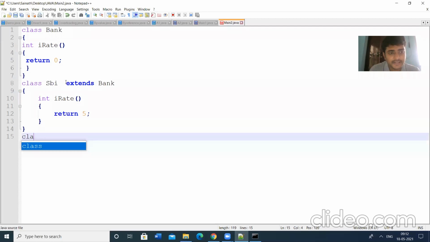Then I am defining another class, ICICI, which extends the properties from Bank. That means the same method can be reused here, int irate.